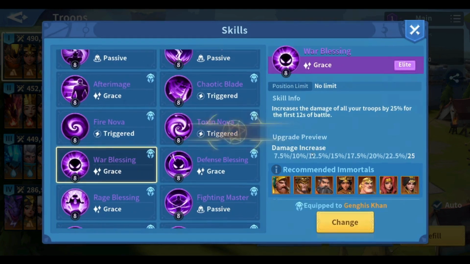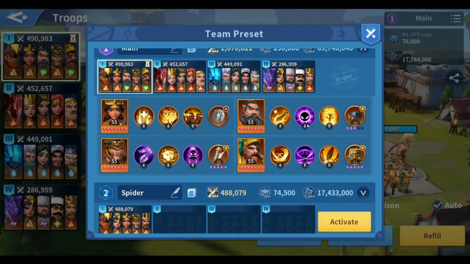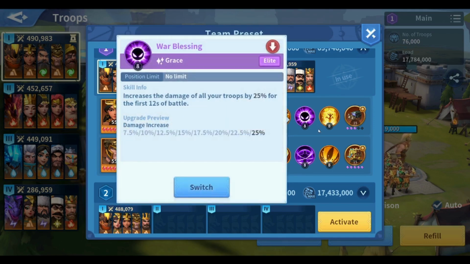Maybe we should add War Blessing. War Blessing is completely useless in this fight since he's disabling my front row immortals for the first 45 seconds, but I can't think of a better skill to use at the moment. Or maybe